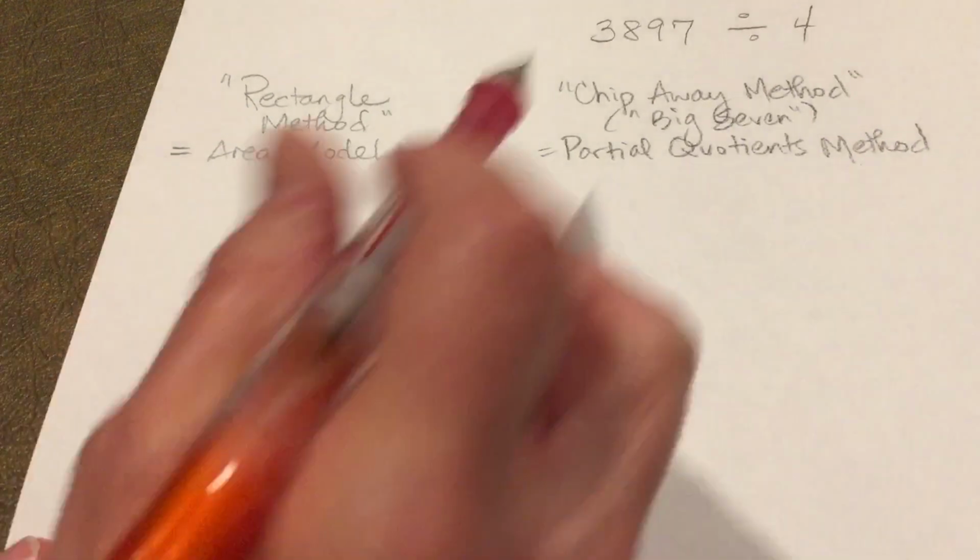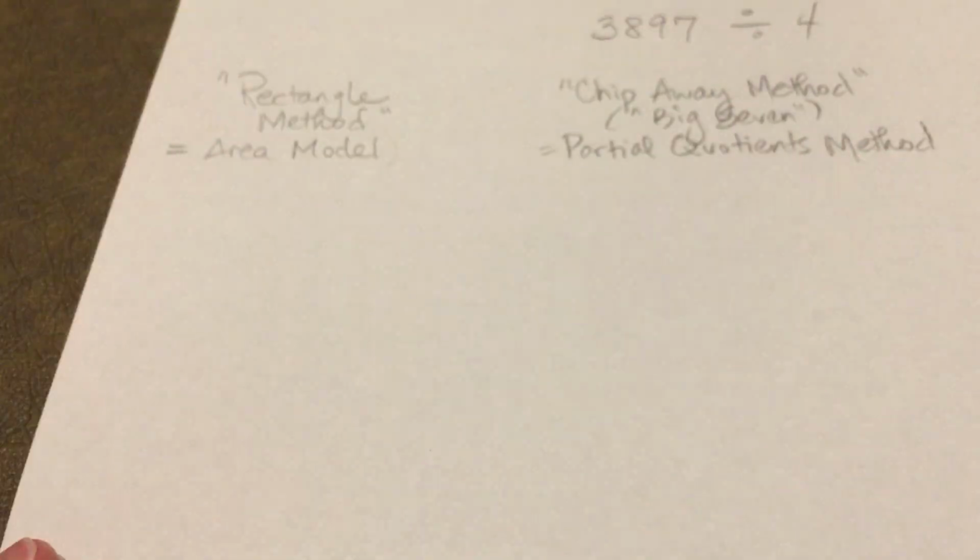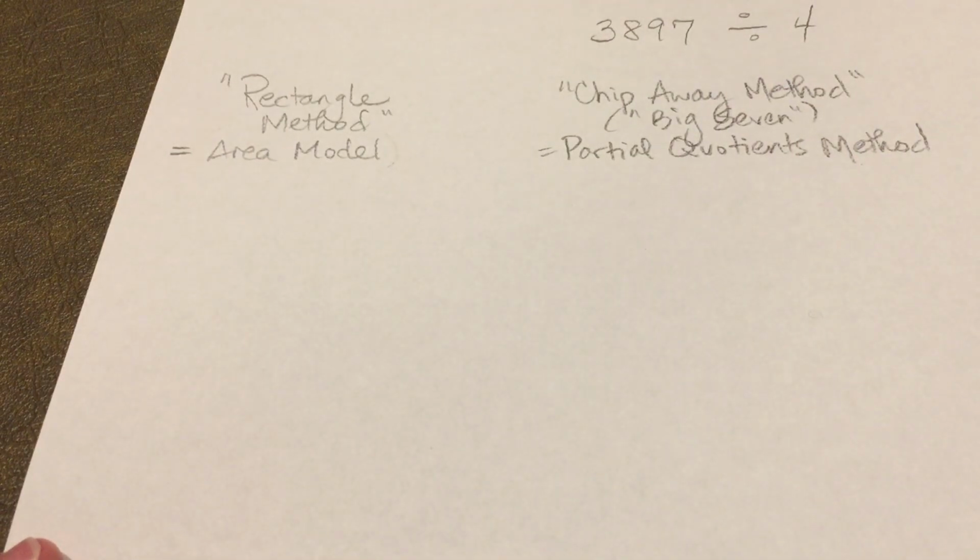So you'll see the division problem I'm using as an example is 3,897 divided by 4, which is not so easy to do in your head, so usually we would require some long division. And there are 3 ways that we encourage the students to try solving these problems so that they not only can solve them accurately, but get a conceptual method, understand what they're doing when they're dividing a big number into